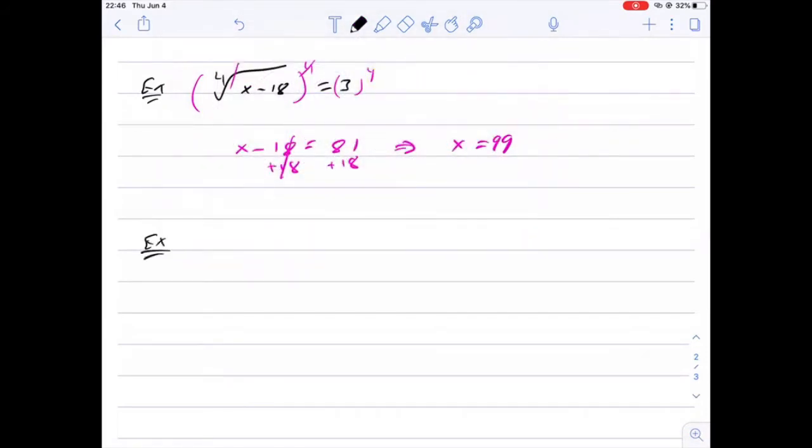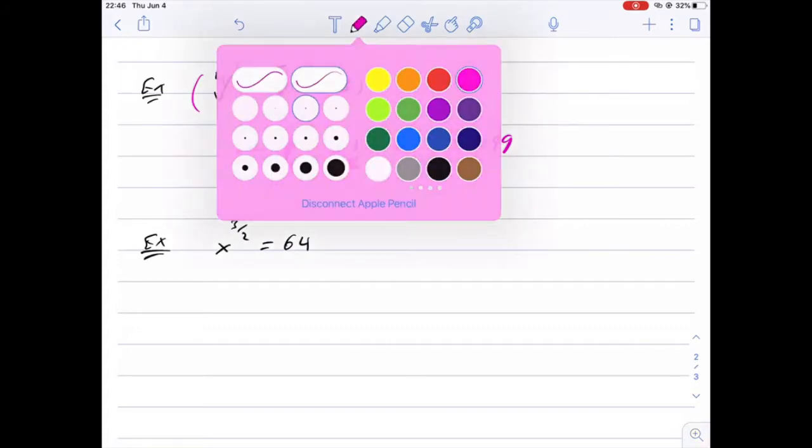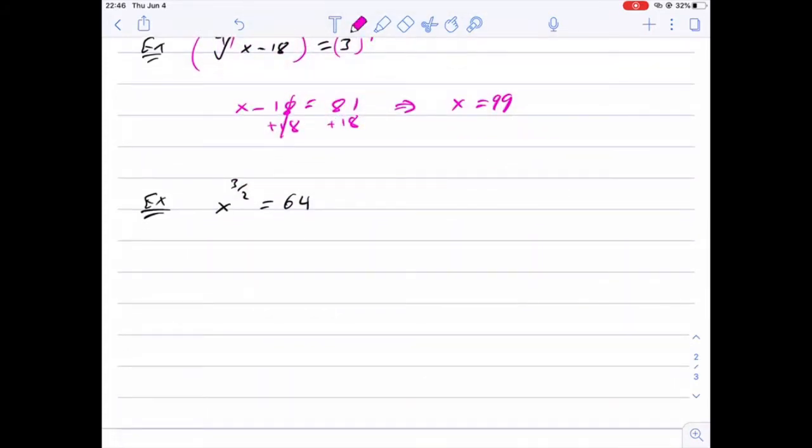Another equation. If we have x to the power 3 halves equals 64, how to solve this problem? We can solve it in different ways, but we are trying to solve for x, so we need to isolate x, but we have a problem here with the power. The power is 3 halves. How to get rid of this? To get rid of this, we either raise both sides to the reciprocal of the power, I mean to the power 2/3, and then simplify, or we can first take the square root,